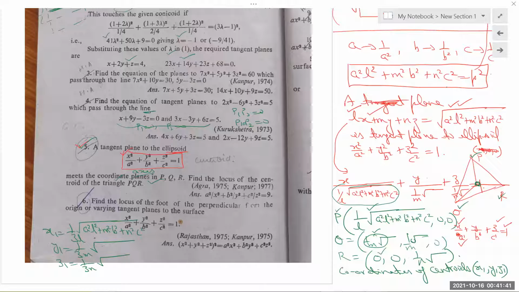We have assumed the equation of the plane is given by lx plus my plus nz equal to this term. This one is a tangent plane to the ellipsoid. So finally, I need to eliminate l, m, n, because we need to find the locus of the centroid. For the locus of the centroid, finally I need to replace x1 by x, y1 by y, z1 by z. But how to eliminate l, m, n? For that, to eliminate l, m, n,